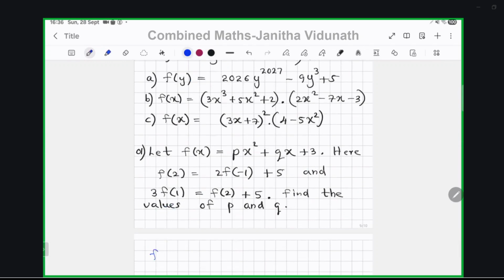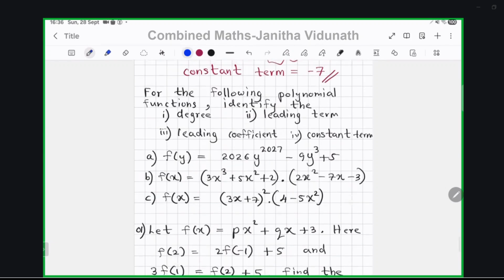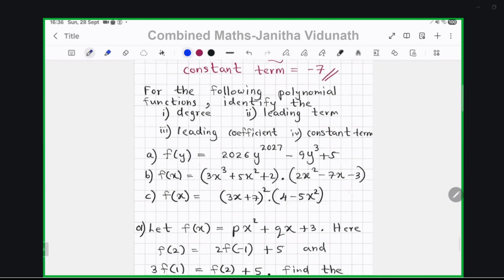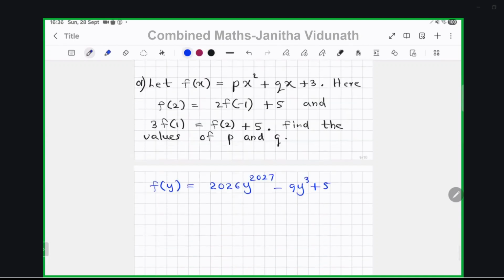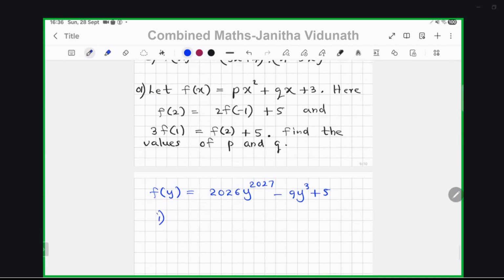Here the first question is f(y) equals 2026 y to the power 2027 minus 9 y cube plus 5. We need to find the degree, leading term, leading coefficient and constant term. Here degree means the highest power of the variable. The highest power is 2027, so the degree is